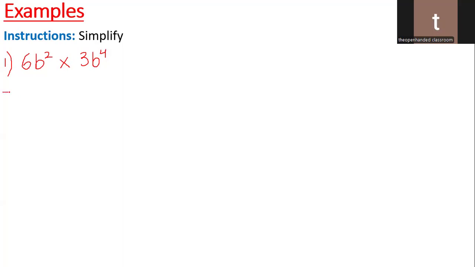We can multiply the bases. We can multiply 6 times 3, which is 18. Now we add the powers. 2 plus 4, which is 6. So it'll be 18 to the power 6. So you think it's going to be 18 to the power of 6? Okay, anyone else want to try? Or does anyone else just agree with him? He says it's going to be 18 to the power of 6.